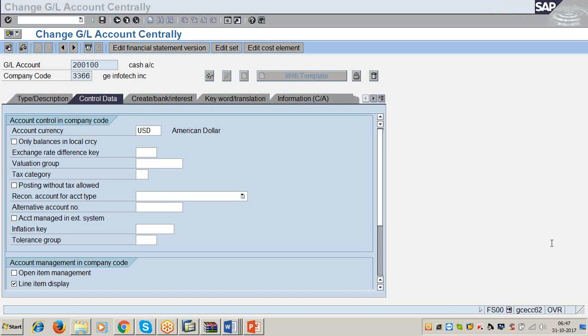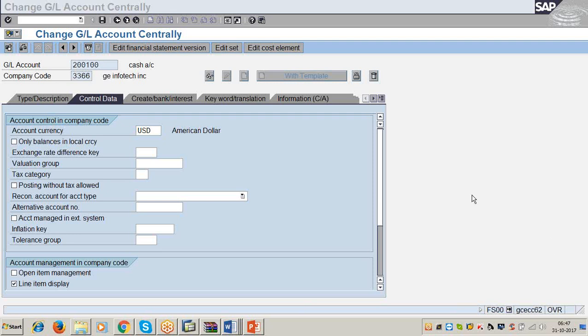See, the logic is for vendor invoice, you have to use the bank selling rate. Vendor invoice means you have to make the payment, no? So in order to make the payment, you have to have the dollars. So you have to purchase the dollars. You are purchasing dollars means bank selling rate, no?